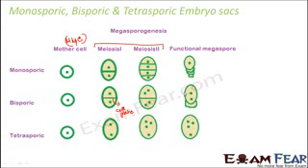I hope you understood why this difference exists: in bisporic, proper cytoplasmic division doesn't happen after meiosis 2. That is why it is like this. In tetrasporic, the cell plates themselves do not form after meiosis 1 and 2, and therefore they